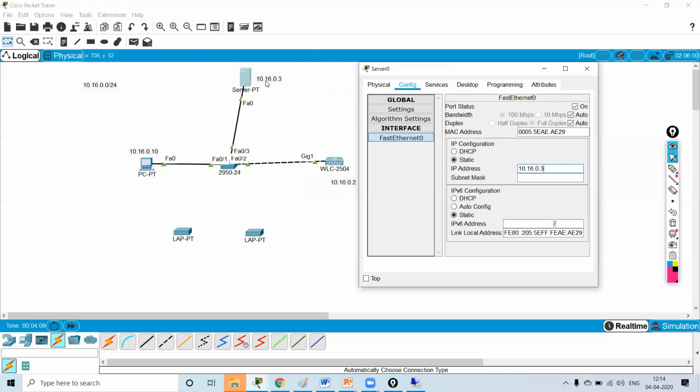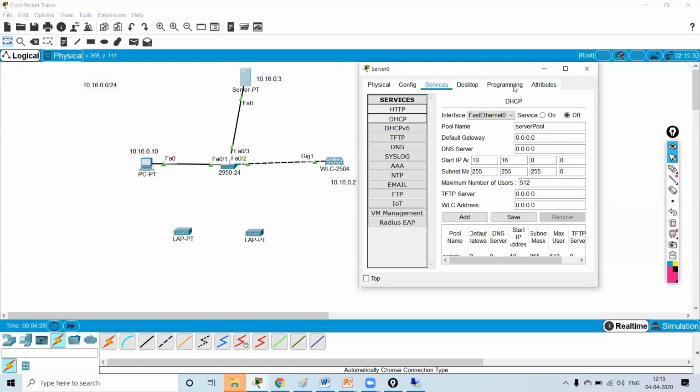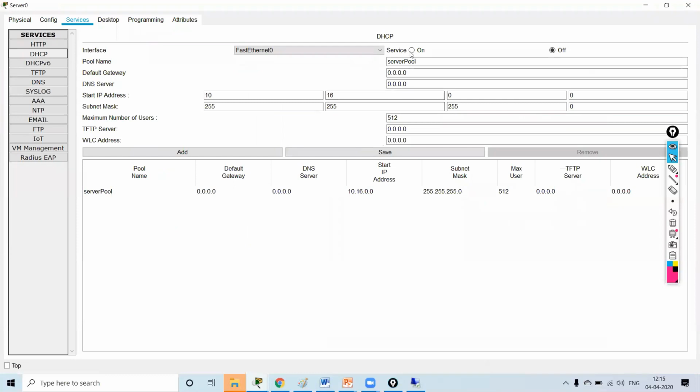The subnet mask is 255.255.255.0. Then I have to configure this server as a DHCP server. So I have to go over here to DHCP and click service on. It is off. I have turned the service on.